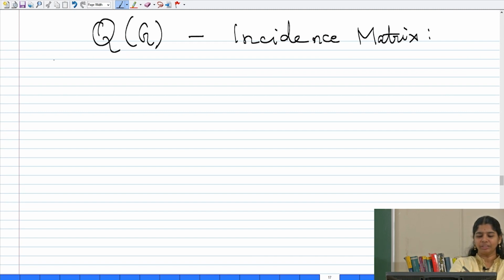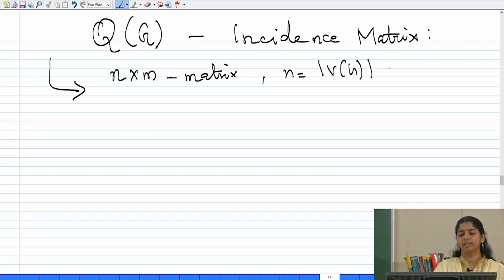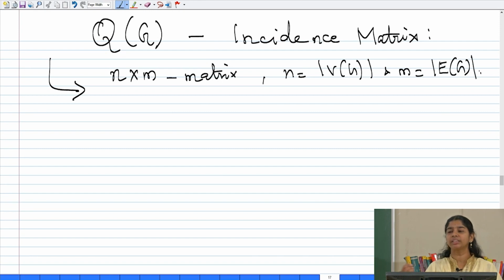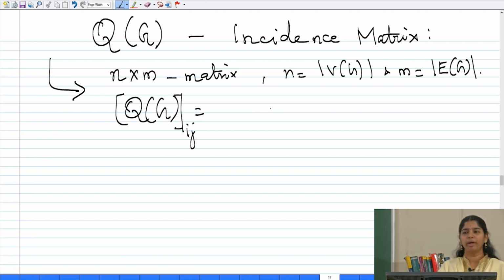Okay, so let me just go about this. It is nothing but an n cross m matrix where n is the number of vertices and m is going to be the number of edges. And so how do we define the entries? Any ijth entry, if I look at it in this matrix, it is going to be defined as